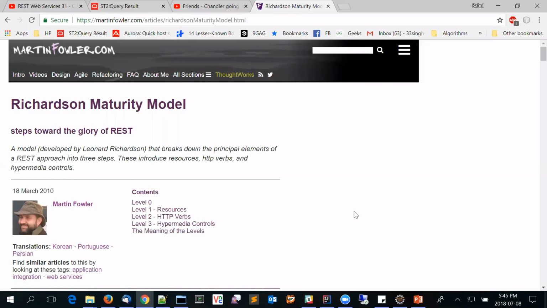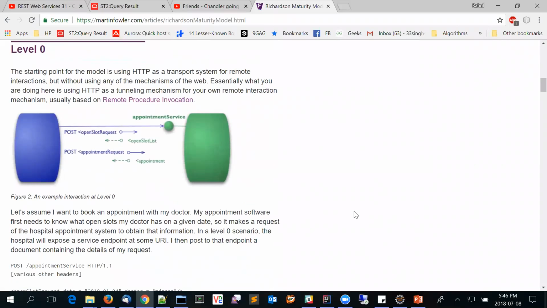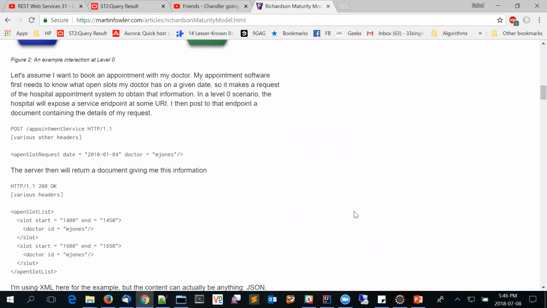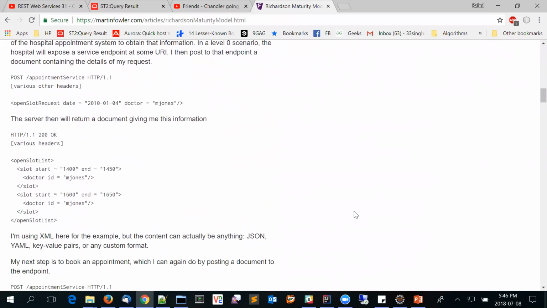Okay, I'm showing an article by Martin Fowler, and we'll be understanding it through a real world case. How RESTful is your application? Up to what level is your API RESTful? So here in this example, if you see,